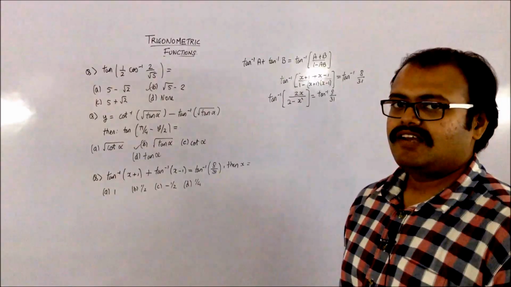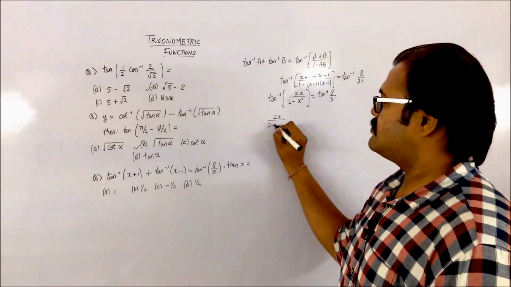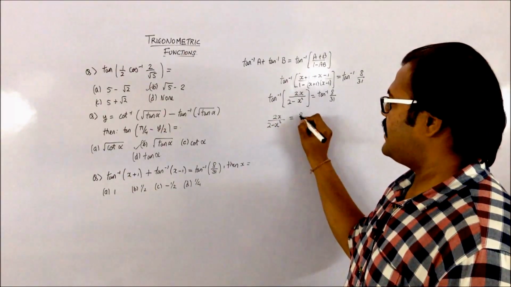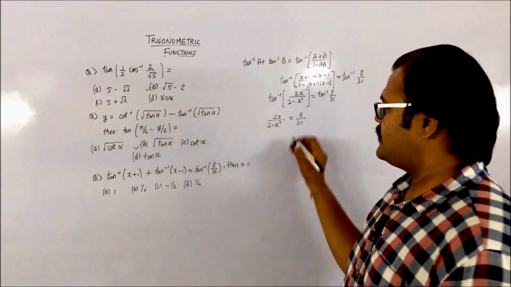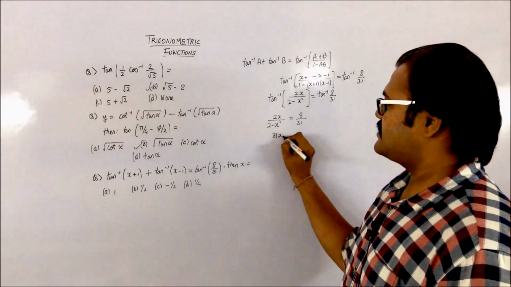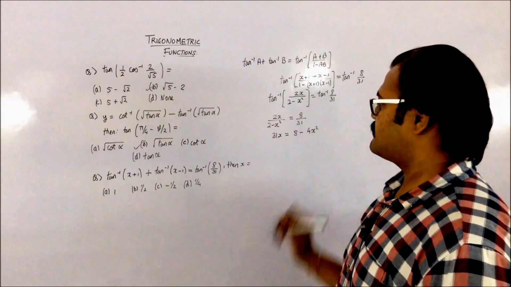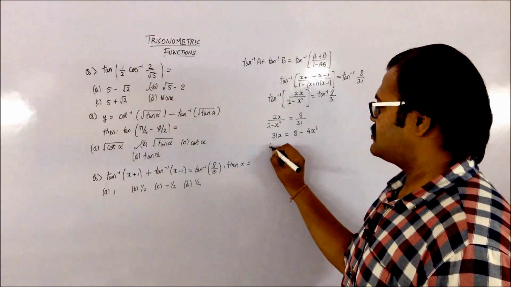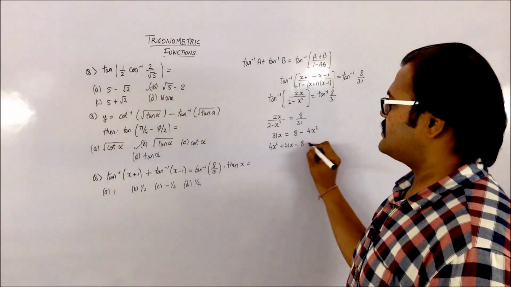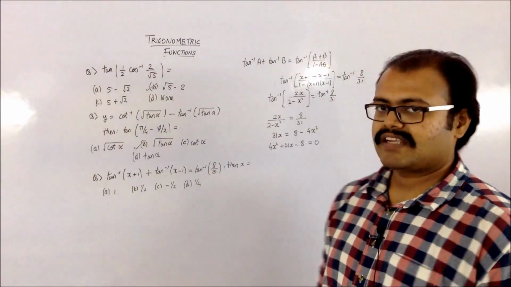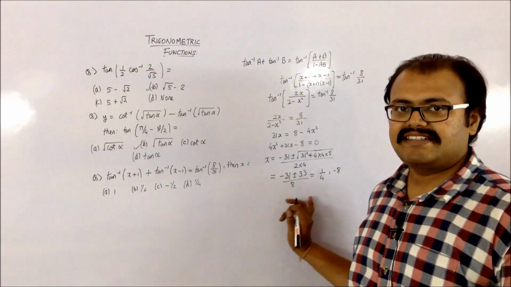So the tan inverse on both sides get nullified. So we'll be having 2x upon 2 minus x square, which is equal to 8 by 31. If you just cross multiply, you will be getting it as 31x equals 8 minus 4x square. So solving that, it's 4x square plus 31x minus 8 equals 0. So you have to find the value of x using your quadratic equation. So I'm getting these two values.